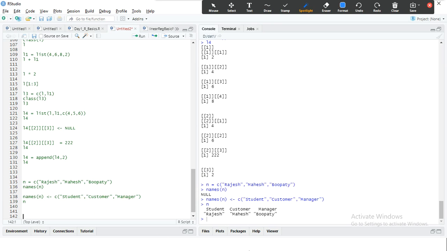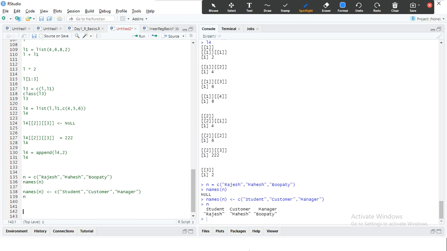Like we will create one simple array. Suppose I create two vectors: v1 is c of 5 comma 4 comma 3, and v2 is c of 10 comma 3 comma 4 comma 5, something like that.